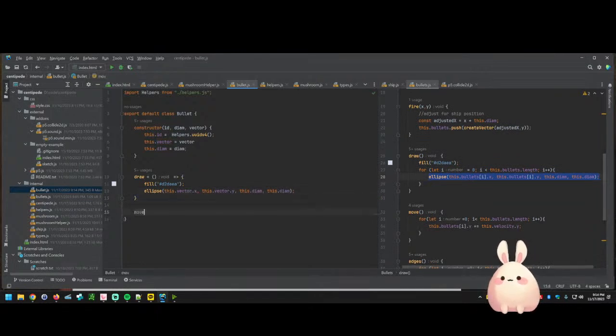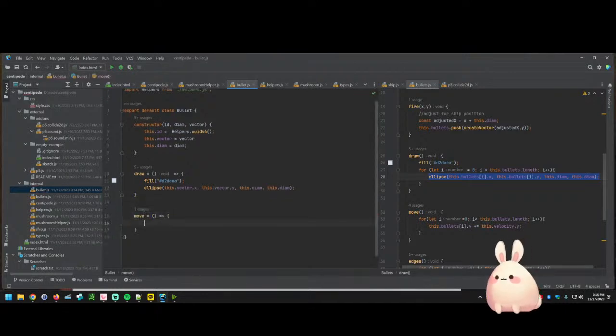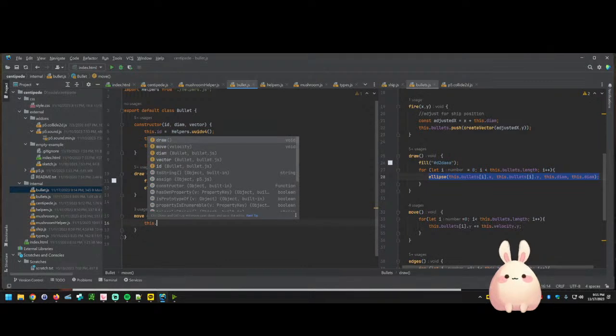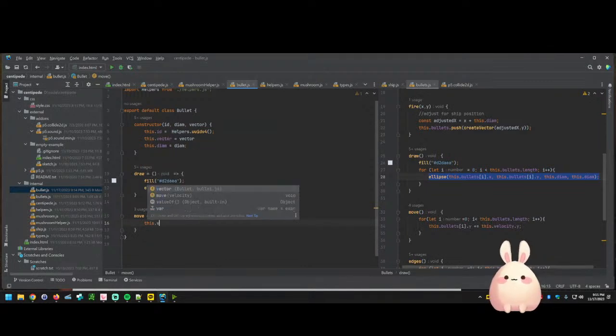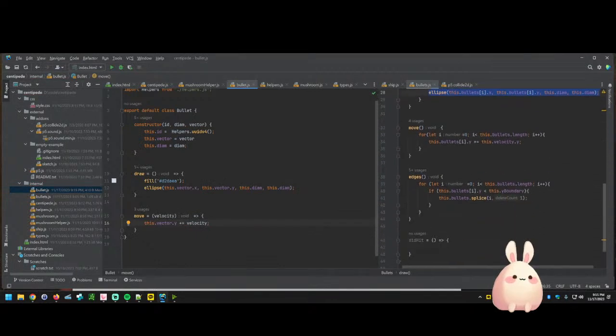So we should create a move function. So the velocity, we'll move it to here. This will be the velocity. And what we're going to do is say this dot vector dot y plus equal the velocity, and this will continue to handle